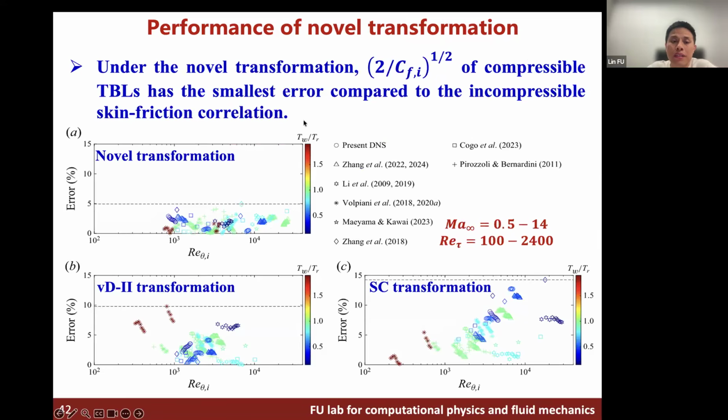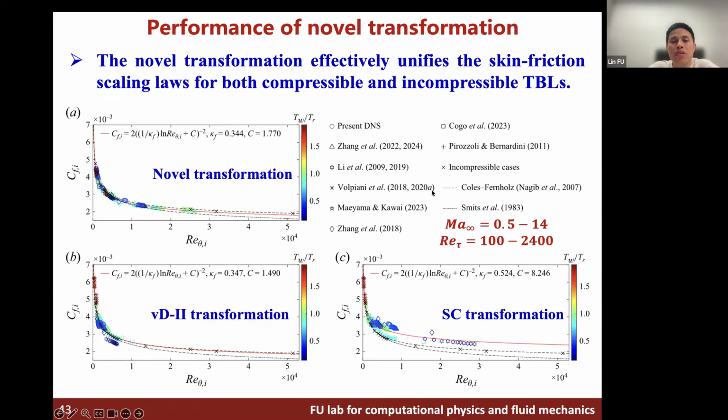We apparently get better agreement. If you check the absolute error prediction for skin friction, you can see that our error prediction is within 5%. The classical version can be up to 15%, which is rather large compared with our new application. You can also plot the CF versus Re theta relationship directly.